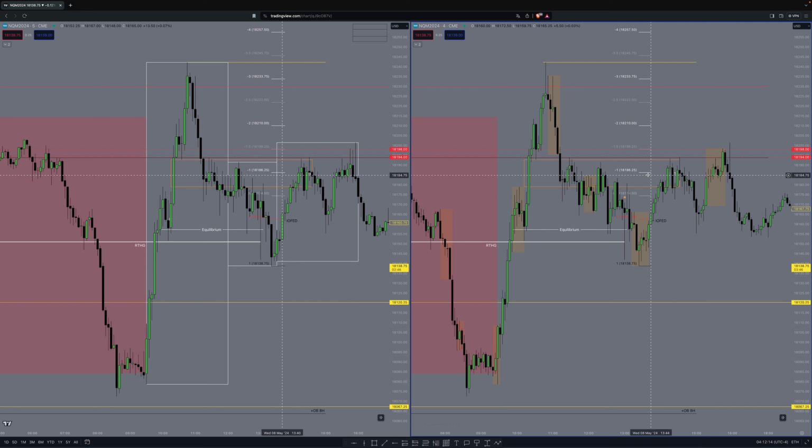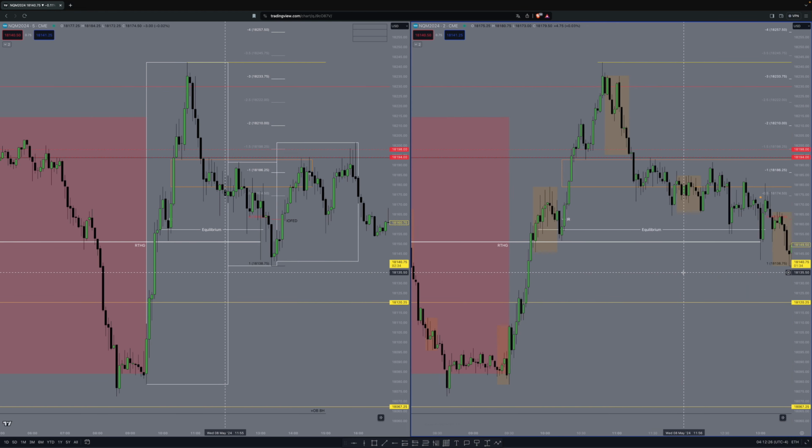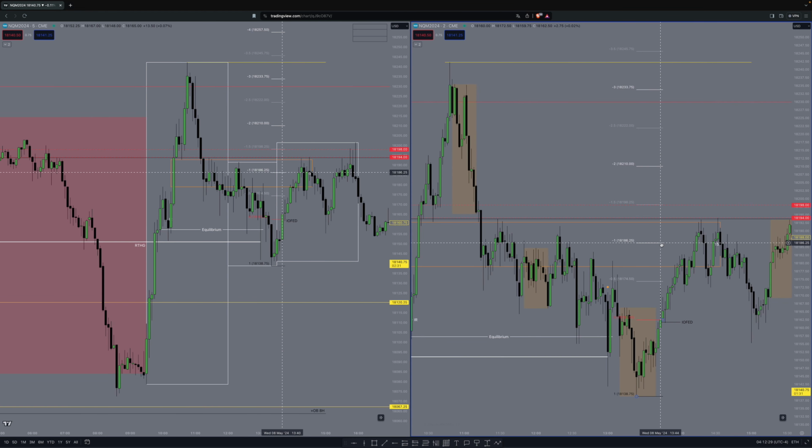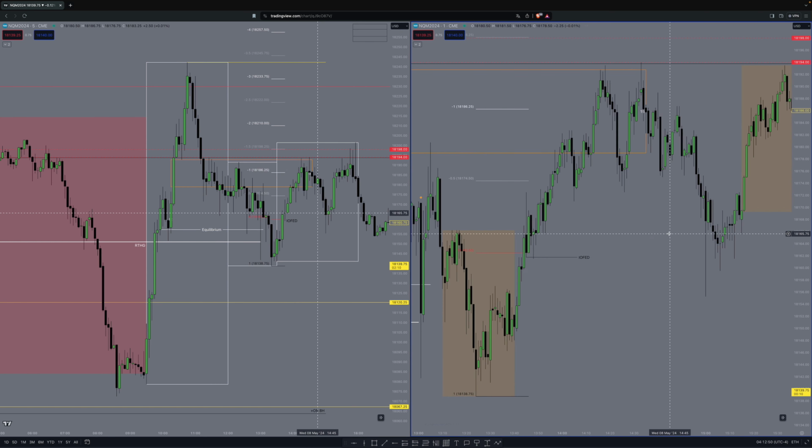And beyond that, we have already reached the 1 standard deviation using the 2 minute measuring gap, right? Also, we have already run the London liquidity here, but the thing is, we didn't close above it, so it's very weak. And this also filled in the 15 minute, so this one.